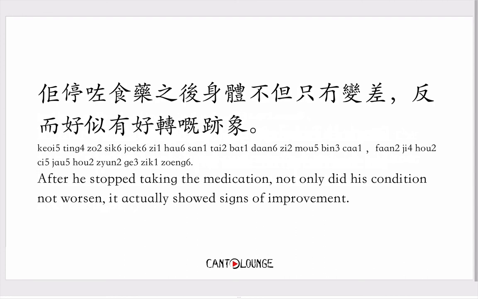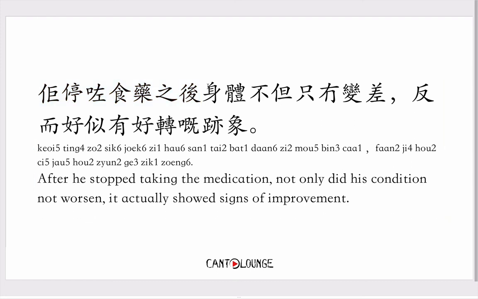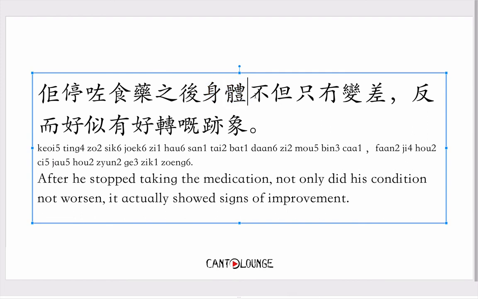I think it's a fairly well-chosen one, if I can say so myself. 佢停咗食藥之後，身體不但止冇變差，反而有好轉嘅跡象。So, 佢停咗食藥之後, after he stopped taking or he stopped eating the medicine, his body 身體不但止冇變差。So not only did his body